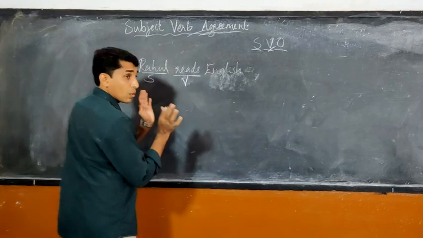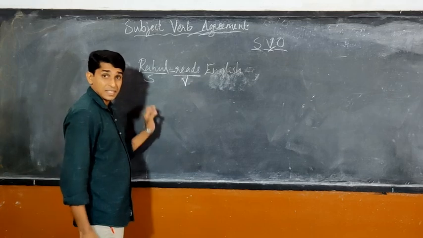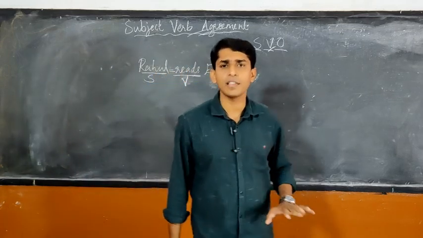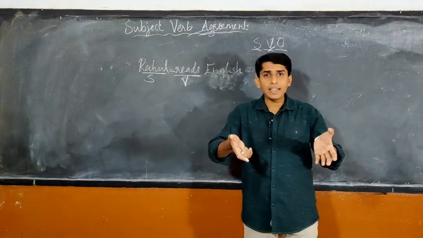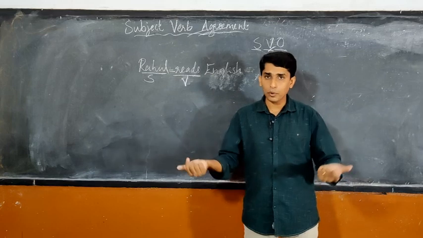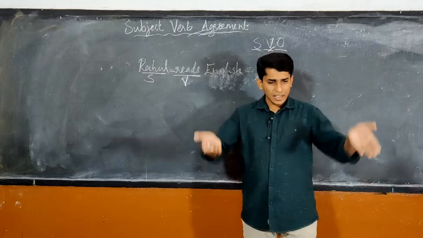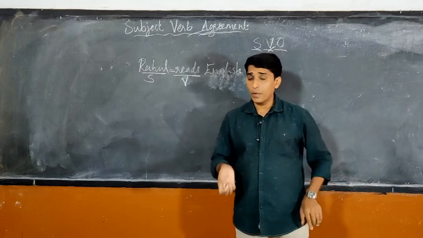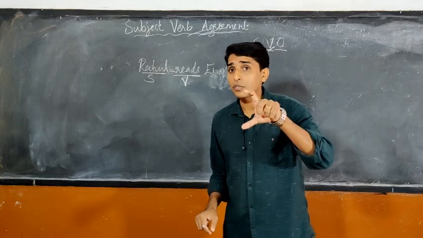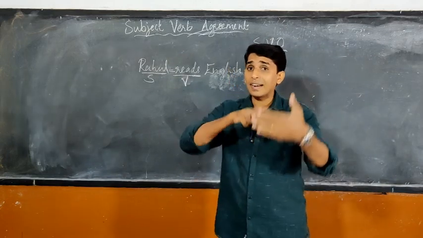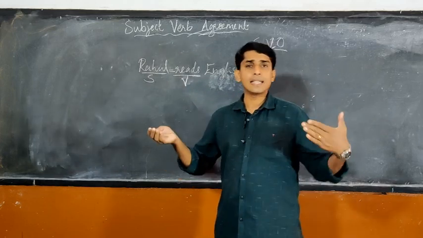I have already told you, we are only speaking about the relation between subject and verb. That means agreement. What is an agreement, dear children? Imagine you just ask your parents. Imagine we are buying a property or selling a property, or buying a car or selling our car. Then between the buyer and seller, first we will write an agreement. Agreement means a contract written and signed by two people, which cannot be broken. Imagine we are selling a land.